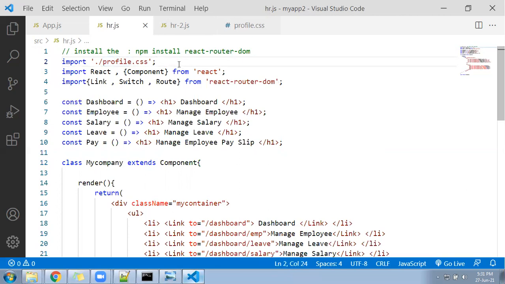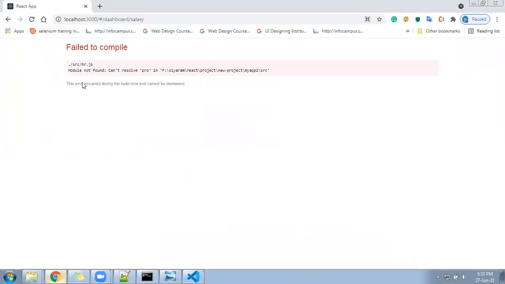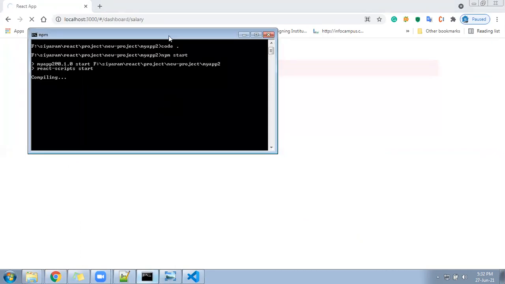I can see some CSS will get applied here. It's being compiled.